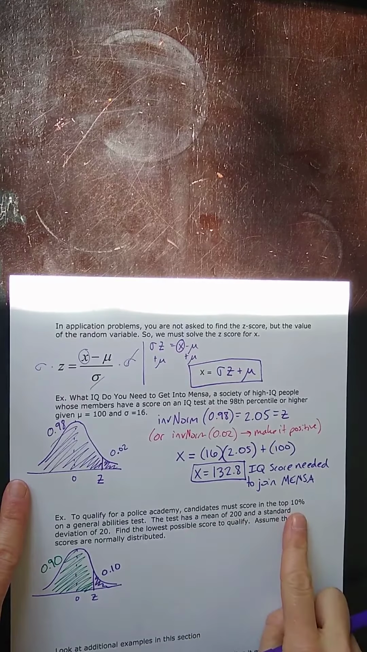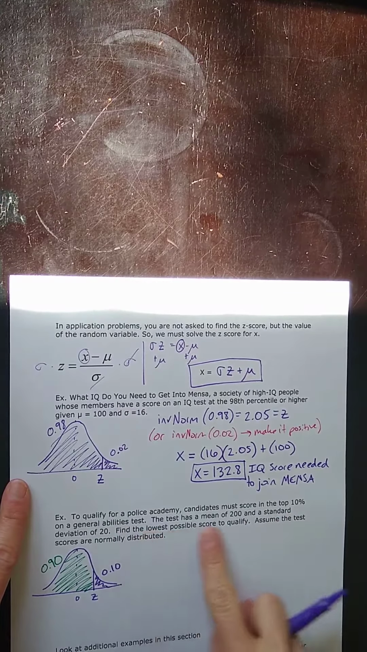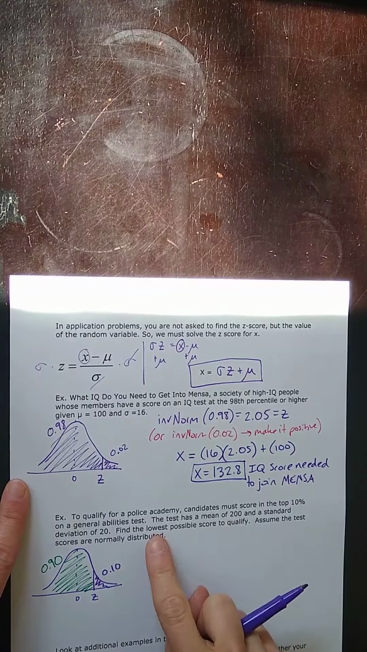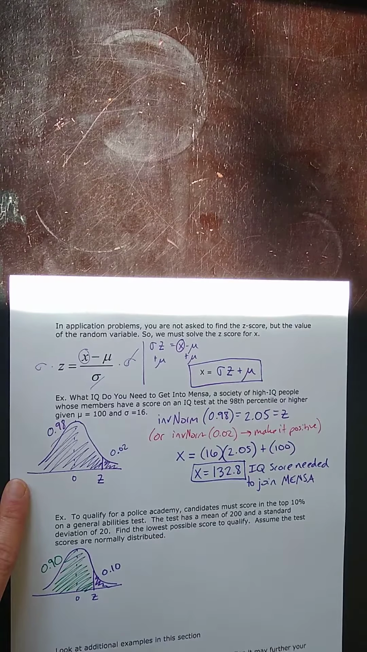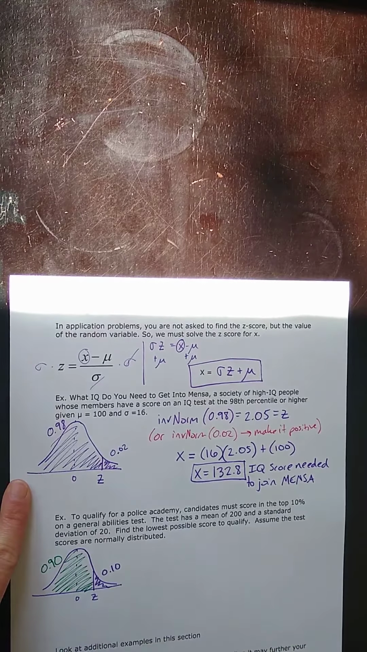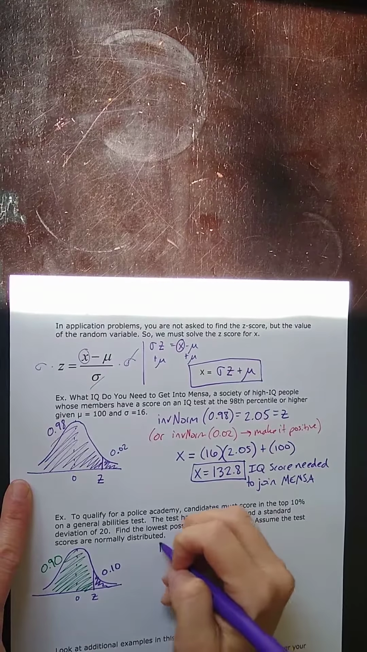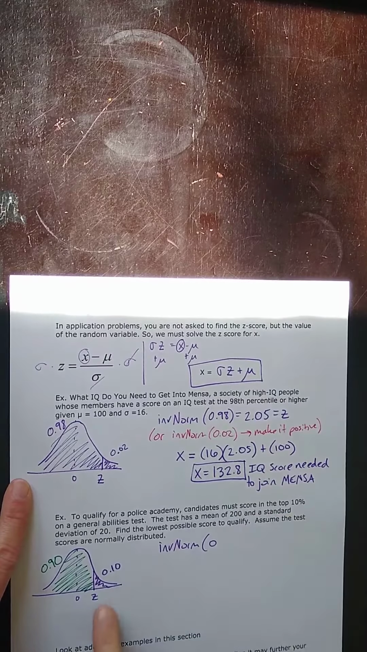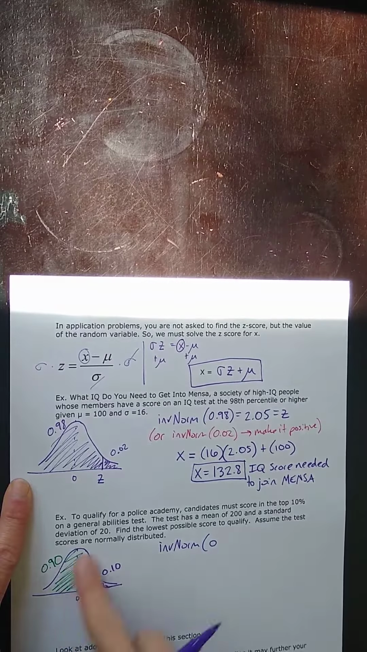So they must score in the top 10% on a general abilities test. This particular test has an average of 200 and a standard deviation of 20. What is the lowest possible score they need to qualify? Assume the test scores are normally distributed. Okay, that's why we're able to do all this, because the data is normal. So we're going to do inverse norm of, again, if you just put in the 0.10, it's going to give you a negative. So you're going to make it positive. Since it's not too much work to draw this whole picture,